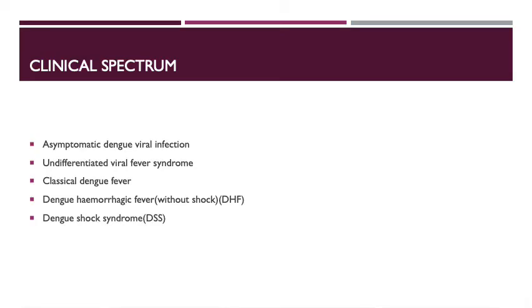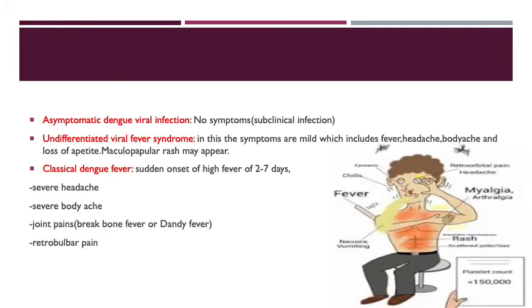Coming to the various clinical manifestations of the dengue infection, we can have asymptomatic dengue viral infection, or there can be an undifferentiated viral fever syndrome. There's classical dengue fever, dengue hemorrhagic fever without shock, and dengue shock syndrome. In asymptomatic dengue viral infection, we have no symptoms and the infection is subclinical. In undifferentiated viral fever syndrome, the symptoms are mild, which includes fever, headache, body ache, loss of appetite, and maculopapular